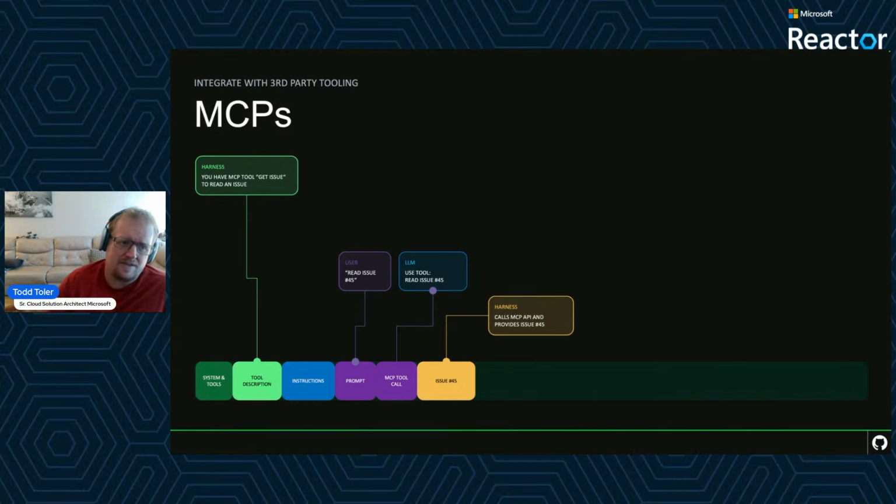So now we're going to move on to integrating with third-party tooling. MCPs, the Model Context Protocol. They add external API calls and dynamic tools to your agents. Once they're activated, they return tool descriptions that go into the context window. So GitHub MCP offers a Git issue tool. Users can say read issue number 45, and the LLM will recognize the tool and invoke it